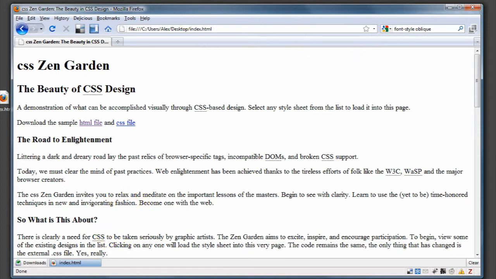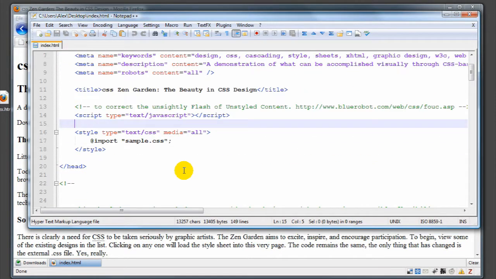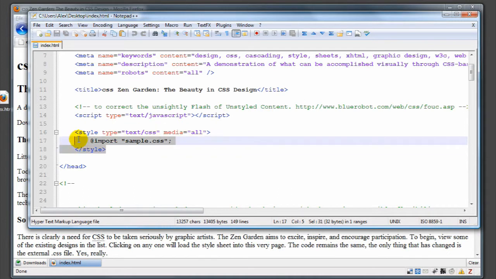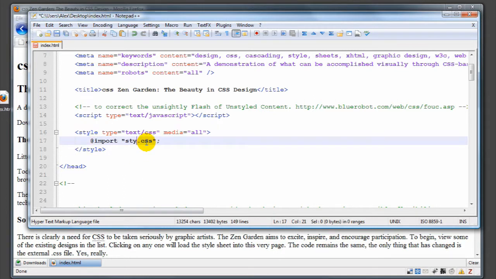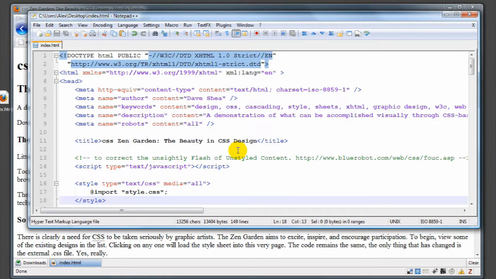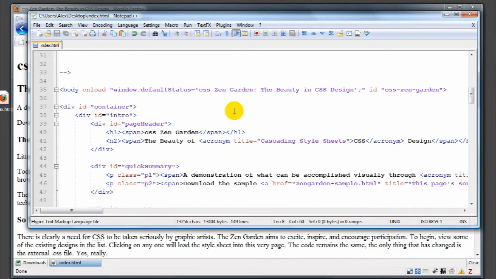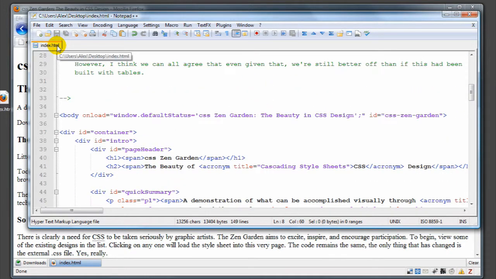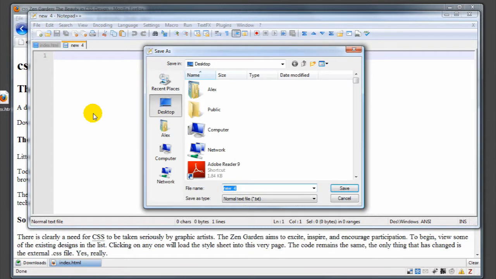So let's take another look at the file itself. I'm just going to mention this in passing. It said this in some of the readings we had, but this is a different way to load in the style sheet, but we're still using sample.css. Actually, let's call it the one we like, which is style.css. This is the only change I'm going to make to this file. We're not going to make any other changes here. We've got a doctype, we've got all the pieces, we know where to find things. So I really don't need the index file anymore. So I'll go ahead and close it and open up a new one, and I'm going to save as